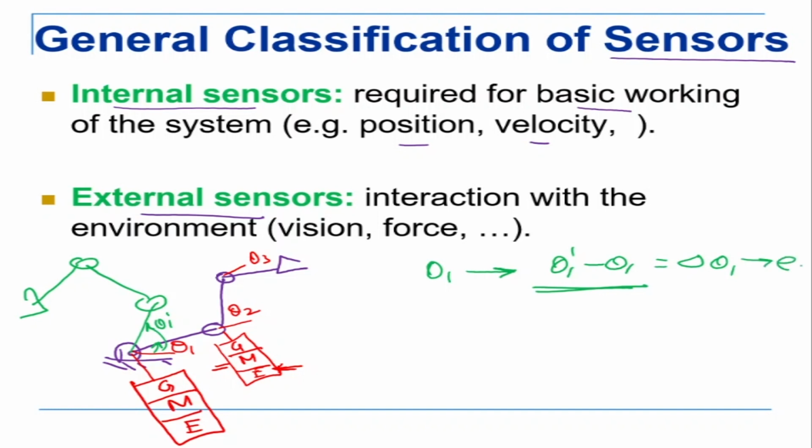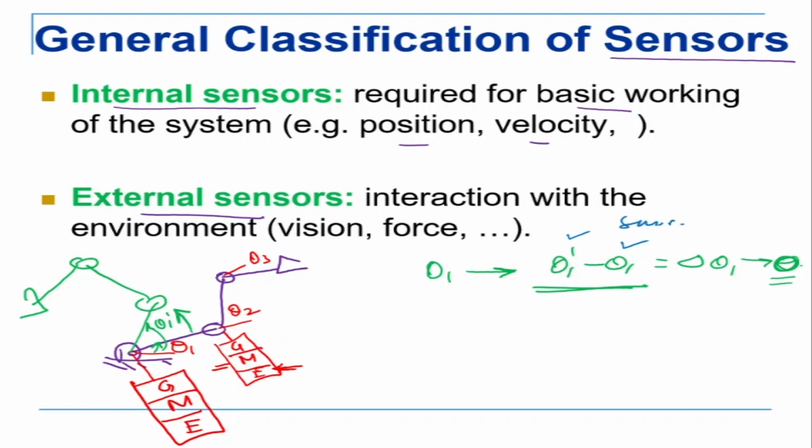It drives this error to 0, which basically means that the difference between these joints is becoming 0, which means this joint is moving in this direction. Once they become the same angle, the error becomes 0 and the controller understands that it has reached. So in terms of reaching the point, we drive this error to 0. The controller must know at every instant what is the desired position and what is the present position, and this is given by the sensor.